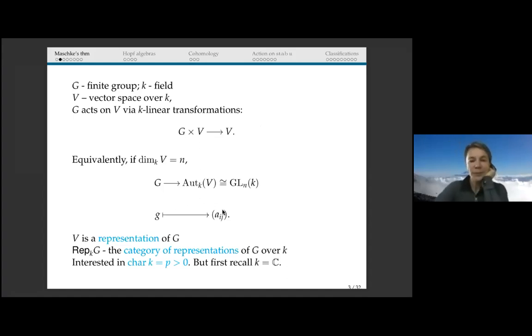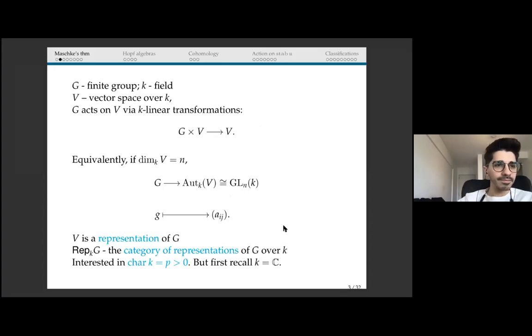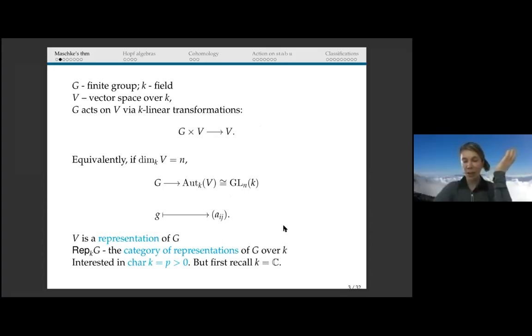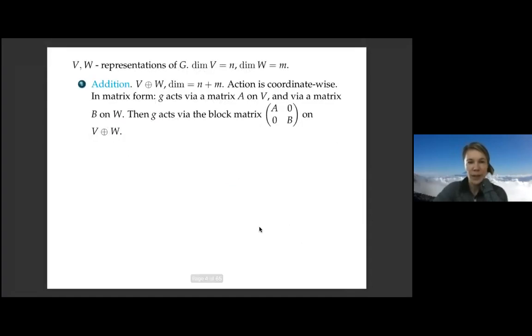Perfect. Okay, then I'm going to package representations together into a category, which will be the abelian category of representations of G. And ultimately, I'm interested in the case when the characteristic is positive. But let me recall the most classical result first in the subject, which holds for zero characteristic, and that's Maschke's theorem. Actually, maybe before we get to Maschke's theorem, I want to point out